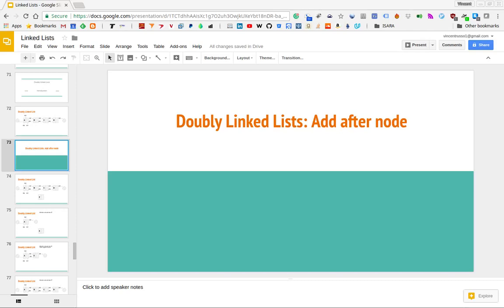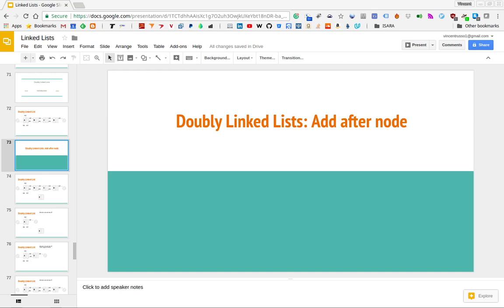Okay, so in this video, we will be continuing our series on the doubly linked list data structure, and we'll be covering two concepts or operations that one can perform on a doubly linked list, namely how to add a node after a specified node, and then the related operation, how to add a node before a specified node. And so what we'll do is we'll cover each of these concepts individually, and then in between, after we cover